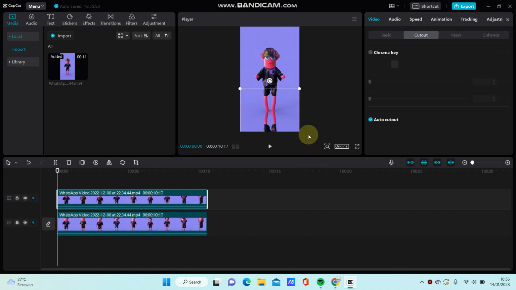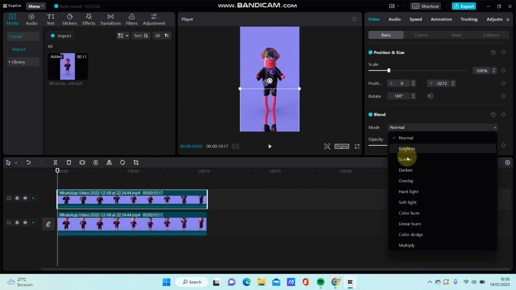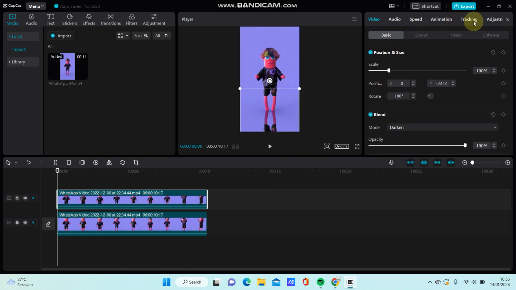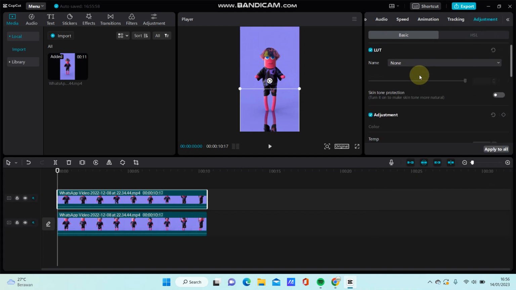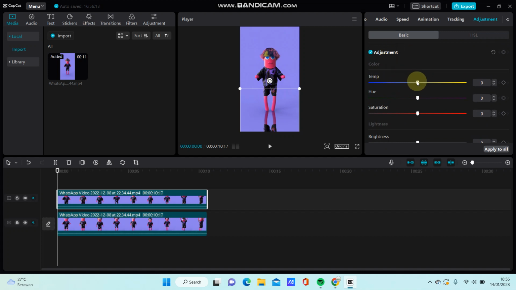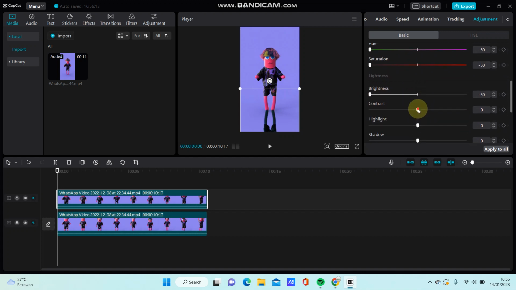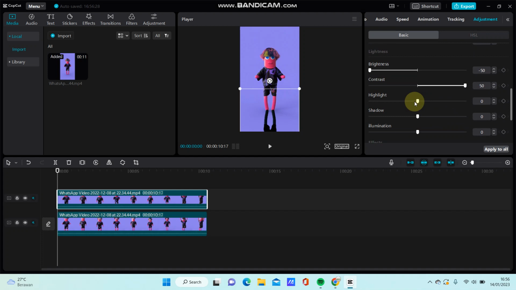so, and then just going to basic, select mode plane, just click darken and then just going to adjustment, so adjust for the color themes like so. For the brightness, contrast, highlight, shadow, illumination, and just going to